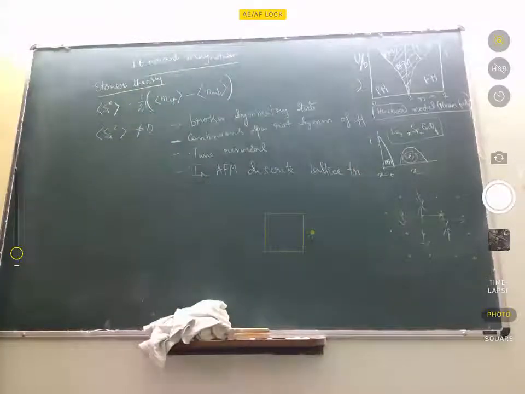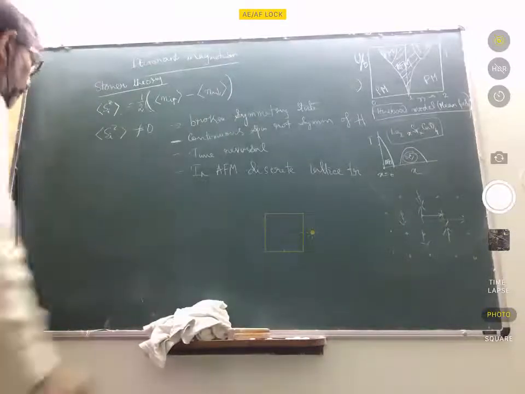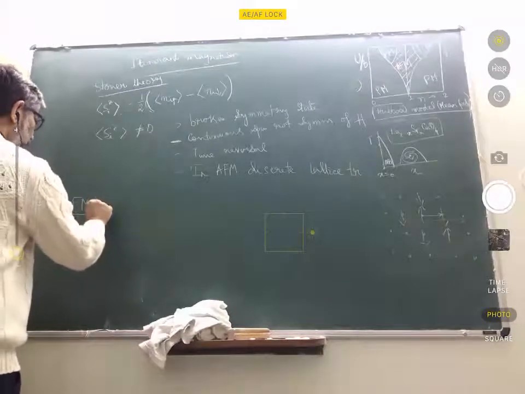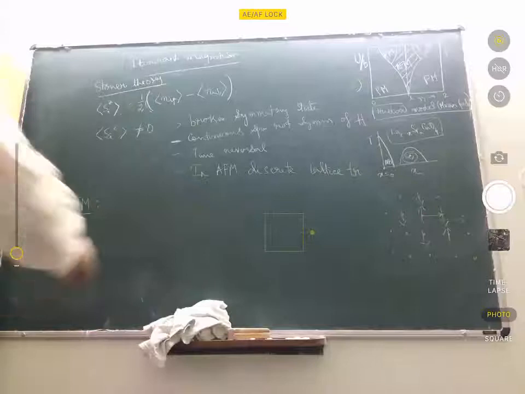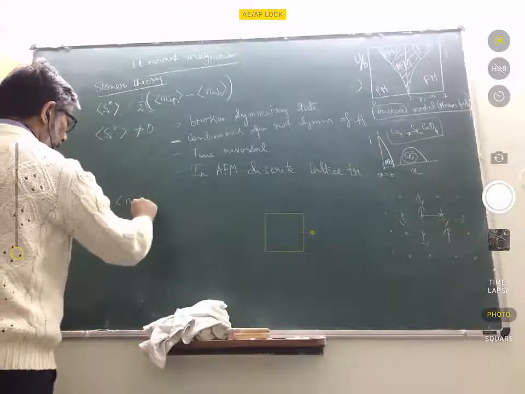This is true of any magnetic system. So what happens in a ferromagnet? What is the kind of order that we have in the ferromagnet? In a ferromagnet, we define ferromagnets as